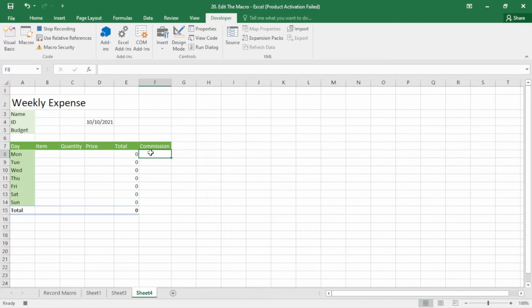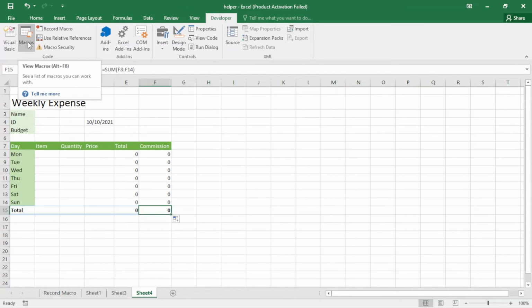I use formula like 5%, I give commission 5%, equal sign, multiply the total by 5%, and enter. I drag this down and drag it to the right. So I have added this. Now I just stop recording,